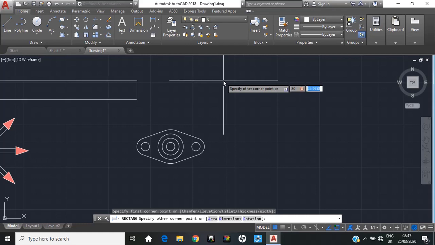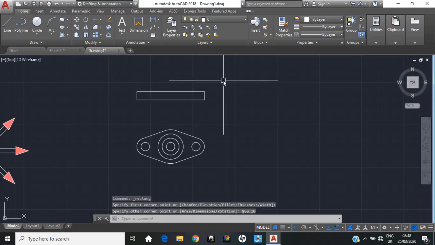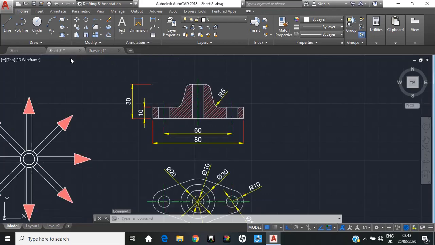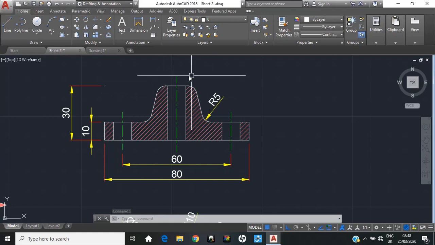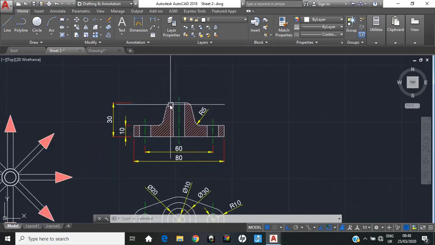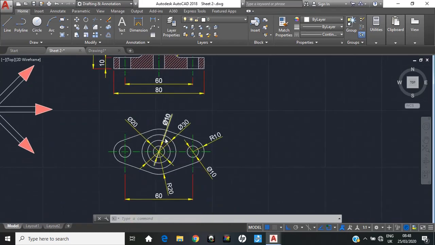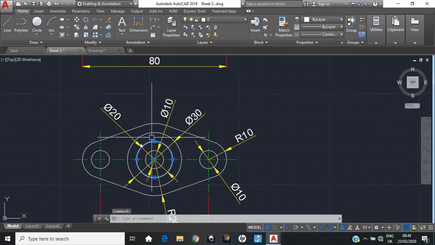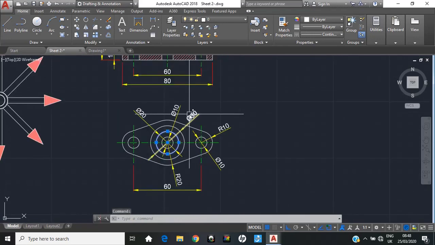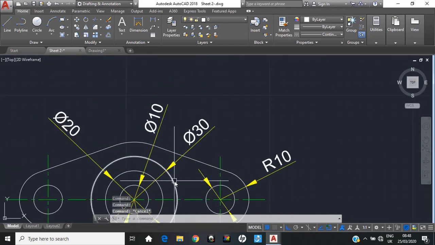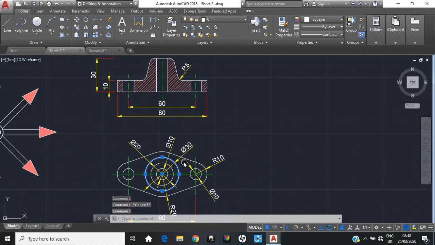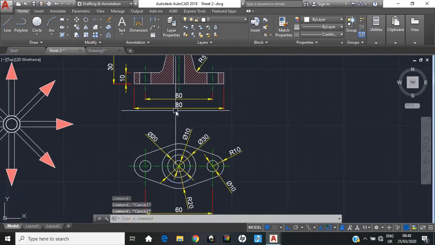Horizontal 80, 10. So this rectangle is drawn now. Here you can see this upper diameter is small and this lower diameter is bigger. This upper diameter is the diameter of this circle, and this lower diameter is the diameter of this circle. So we can track these two circles